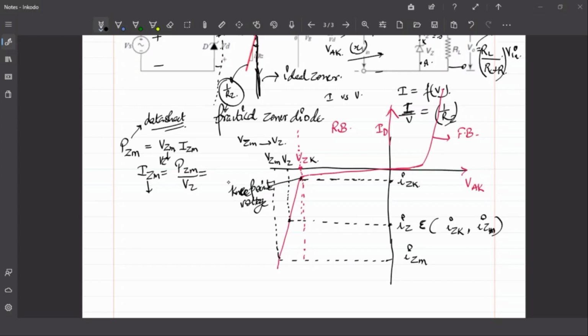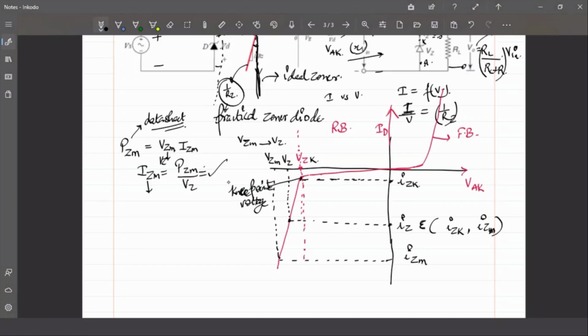So we were discussing the operating point of the Zener diode, right? So the current IZ has to lie between its minimum and maximum values. Minimum is the IZK, that is the knee point current, and the maximum is IZM. And IZM is actually found out from the data sheet, the value of the maximum power dissipation capability of this device. From there, PZM divided by VZ, which is more or less fixed, you get the value of IZM, the peak value, right?